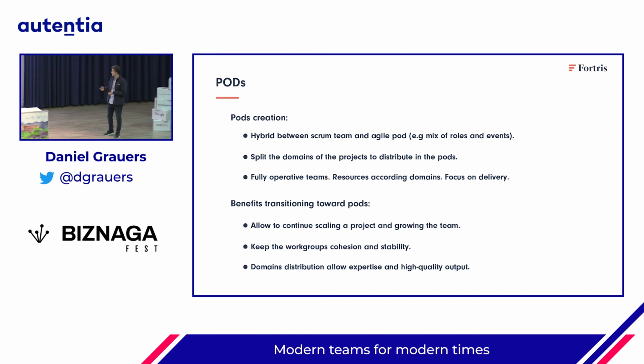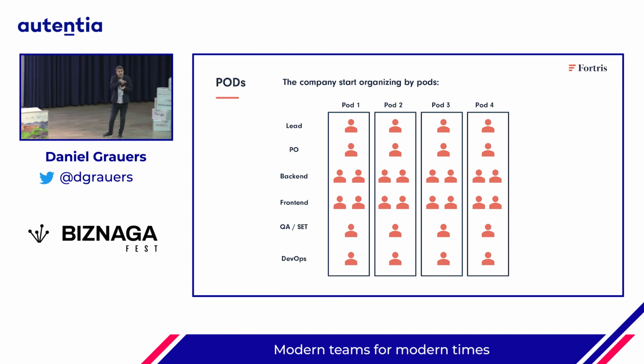Another thing we mentioned: keep the groups with cohesion and stability, and also dividing the product in domains and distributing them within the pods allows expertise and keeps a high quality output. So here we have the horizontal teams. In development we have the backend and frontend, QA, DevOps, etc. And then these people, you can assign them to the different pods, and